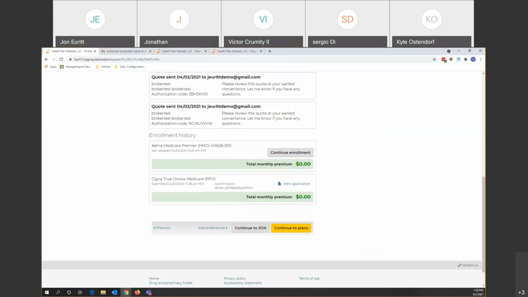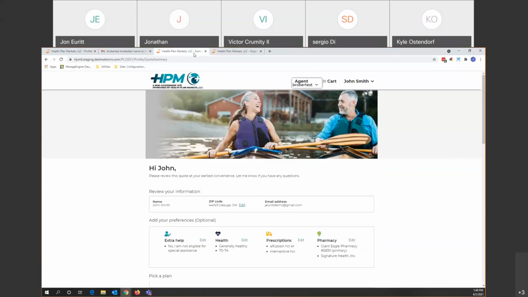We've added in many new features just to help agents work, such as the ability to collect the scope of appointment either via email or text, Blue Button integration, as well as the ability to send off the enrollment form either via email or text as well to collect that beneficiary's wet signature and submission. So with that being said, I do want to now toggle over to just show you some additional details that we were speaking to a little bit earlier, or Val was speaking to, such as the integrated provider search, as well as